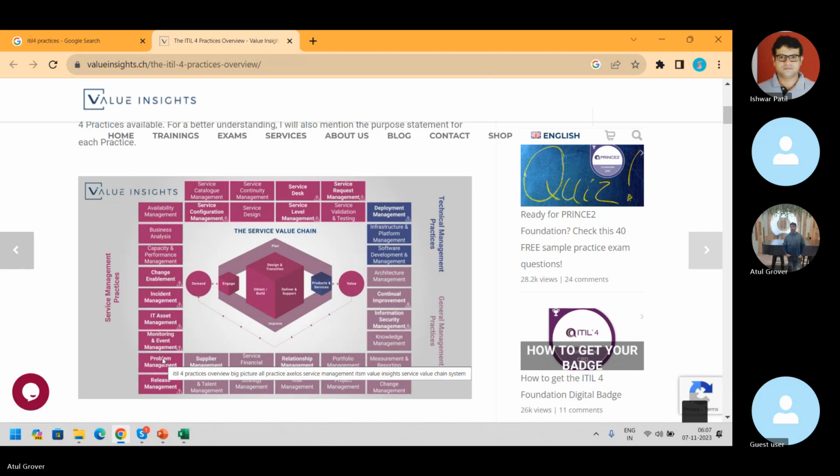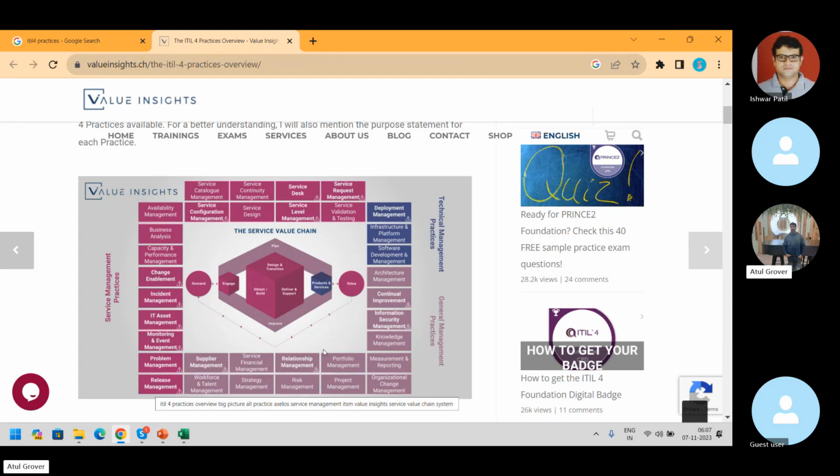In the transition, we have change management. It is still here. We have release management. It is still here. In the operation, we have problem management, incident management, still here. But they removed the major barriers on top of that. Let's remove everything like design, transition, or continual improvement kind of things. That is the reason they redesigned it and brought it in this format: SVC, SVS, and the practices.